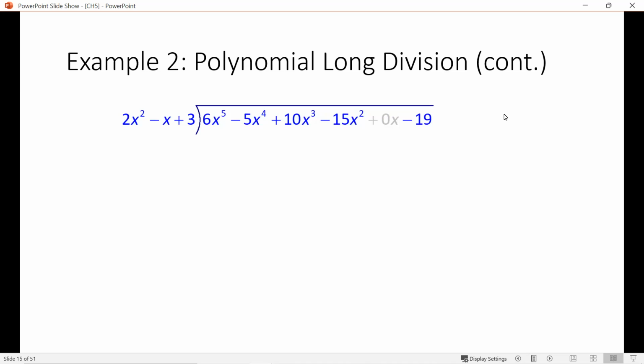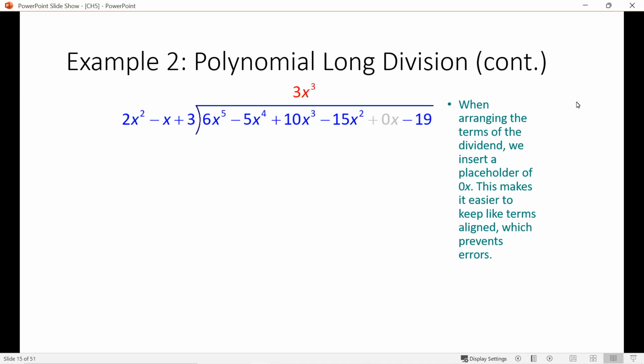All right. I put this 0x placeholder in there because I just like to see every degree of the polynomial, even if one of those terms is 0. We do the same thing. We're just going to look at the